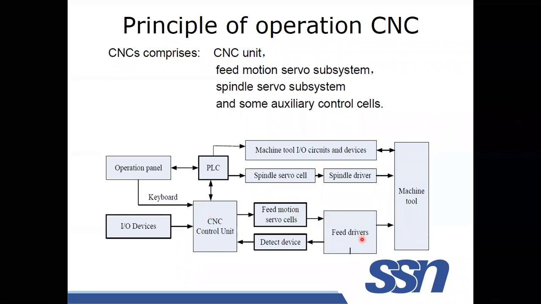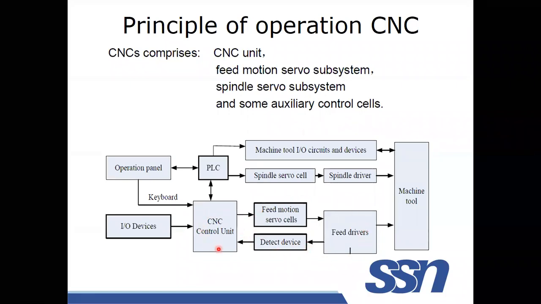It will drive the motor, so in the direction of X, Y, or Z, whatever movement is required, that instruction is given to the system. According to the instruction, the machine tool table moves in X, Y, Z directions and the required operation is performed. Whether the tool is performing the required operation or has reached the required position is ensured with the help of the feedback system. The detect drive will ensure that the tool has reached the appropriate position and the operation is performed. So it's a closed loop system.